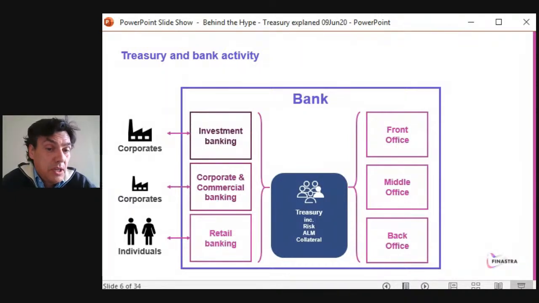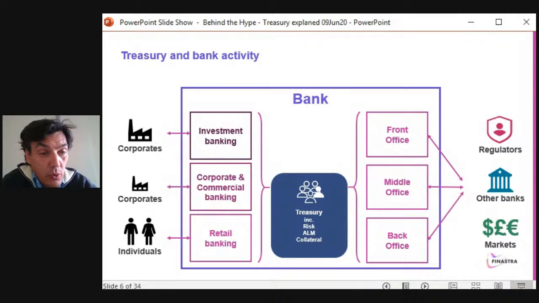It would not be able to work without the external world. So you have the external world on the left-hand side, but you have the external world on the right-hand side as well, with the regulators, who are managing and providing guidance for everything banks are doing. You have the other banks and the very important interbank markets, so what banks are trading between themselves. And then you have the markets themselves, so that can be the equity market, the bond market, the money market, the FX market. Those are many markets, and all the banks have access to those. If not directly, they will have access through other banks, and that's why the interbank market is very important.